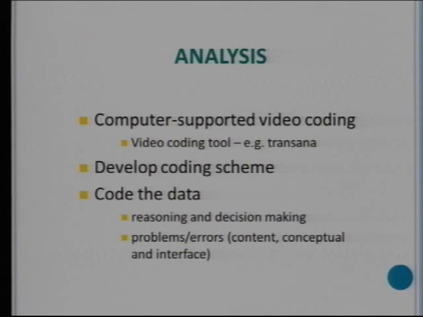But even then, we were beginning to look at how to analyze that type of data. So we started using coding schemes. And I will note that you can use computer-supported video coding. Back then, we used a simple program called C-Video, which was a $100 program that ran on a Mac SE that would connect to a VCR, and you could annotate your movie files with it. There are many tools that are free, like Transana, but actually you don't even need a tool. You could have a text file open on a computer and watch the video on the other, and mark it up. But coding the data was very important. How do we analyze or look at the data? So we brought in ideas from human-computer interaction for analyzing data.